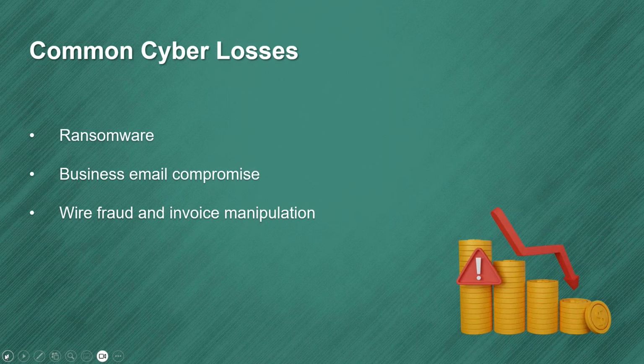Business email compromise is known as BEC. This is a type of phishing attack that uses email to trick the victim into sending money or confidential information to the scammer. And then lastly, you'll see the most common, which is wire fraud and invoice manipulation. With enhancements in artificial intelligence nowadays, cyber attacks are using deep fakes via video or phone impersonation to actually scam their victims into sending money